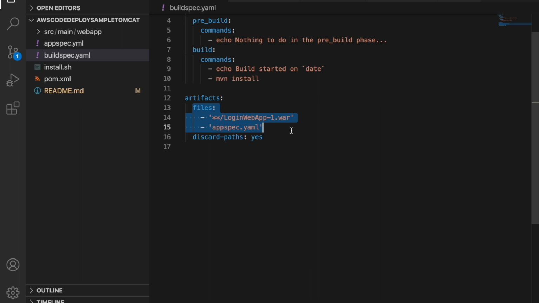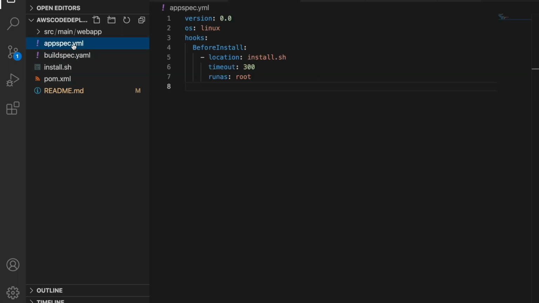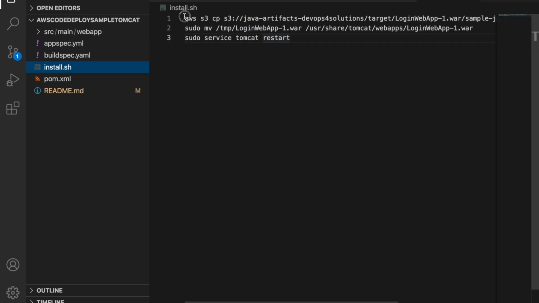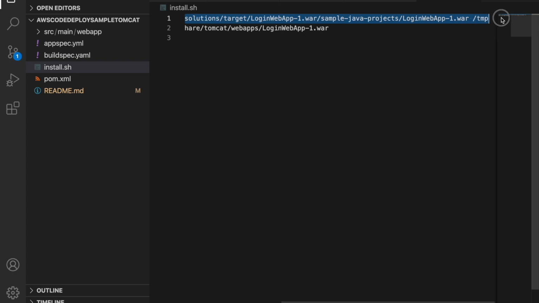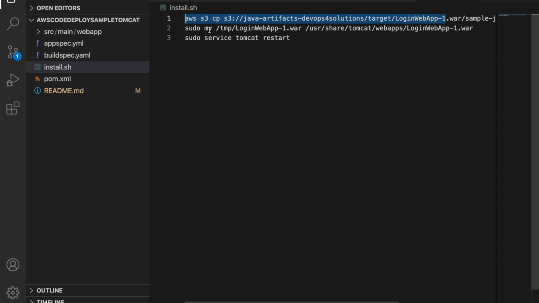whichever you want to upload to the S3 bucket. And the next thing, you are seeing the appspec.yaml file where you can provide your deployment instructions that is used by CodeDeploy. So here I am just using this install.sh. You can see it here. And as part of the code deployment, I want to take the artifacts from the S3 bucket. So this is my bucket and I'm just putting it at this location. And then at the end, I'm just moving this file to here and restarting the services. So this is what my code is doing.